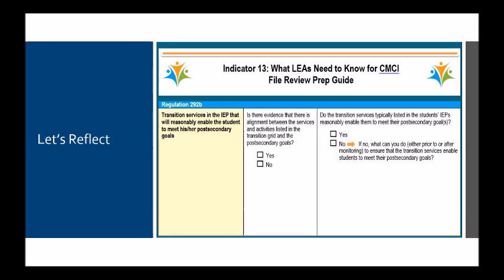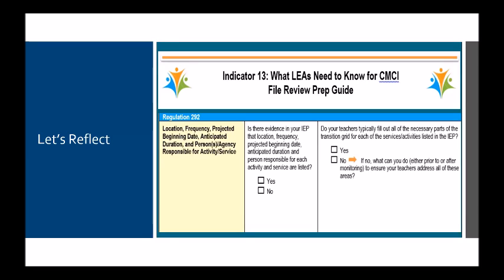So take about a minute now to just look at your transition grid and be sure that this area is checked yes or no, and if you're going to require some more professional development. So we'll take about a minute. So hopefully you were able to check yes for both boxes for your cyclical monitoring review. If not, you want to come up with a way to make sure that this is done for monitoring purposes. Okay, our next file review question